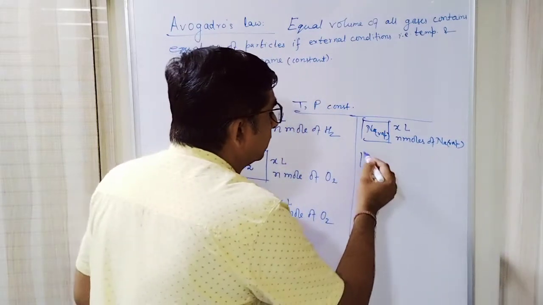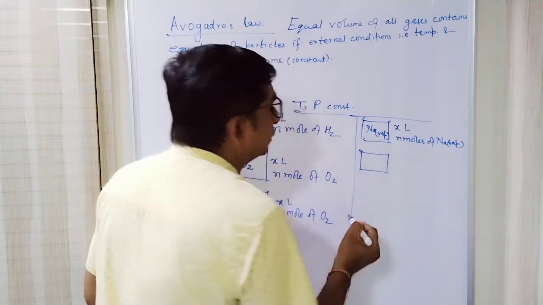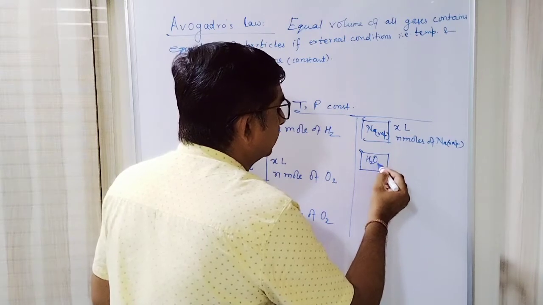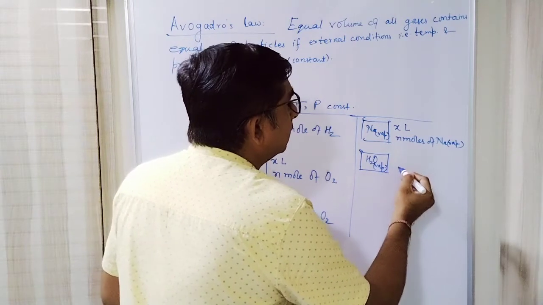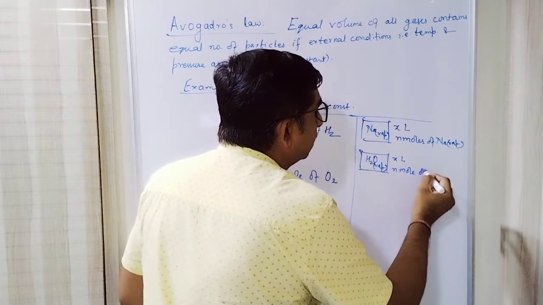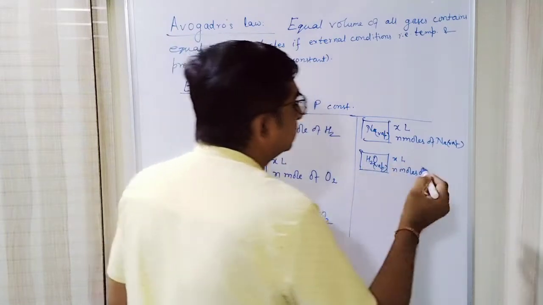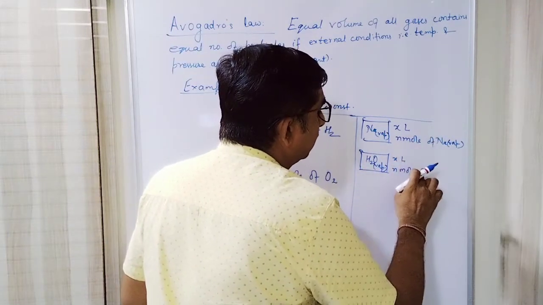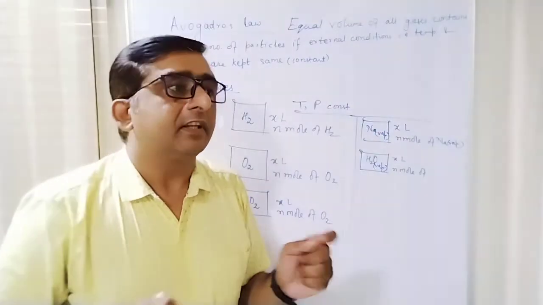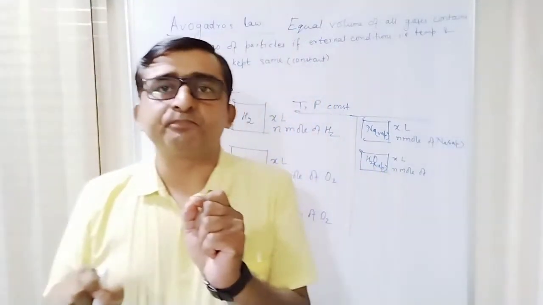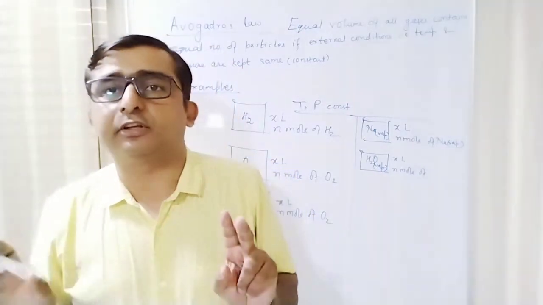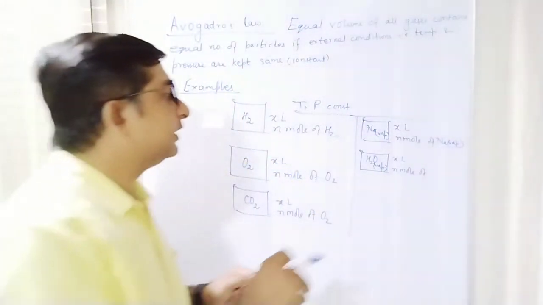If I take it here, suppose I am taking water vapor, H2O vapor, in X liter of the container, then it will have n mole. Actually it is supposed to be n mole only, because mole is a unit, so no need to write moles. Like we generally write kilogram, but kilogram is a unit. So if it is 1 or 10, doesn't matter, we write kilogram only. Kilograms is actually not appropriate. So n mole of